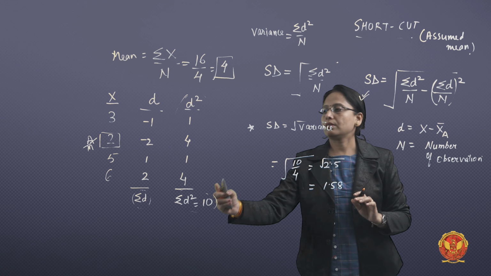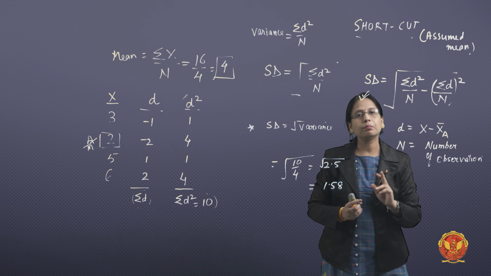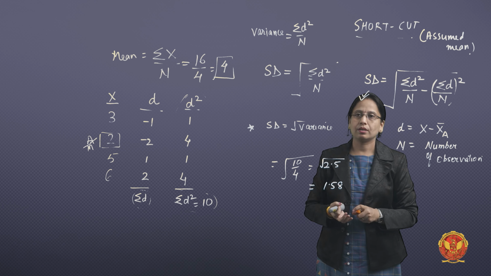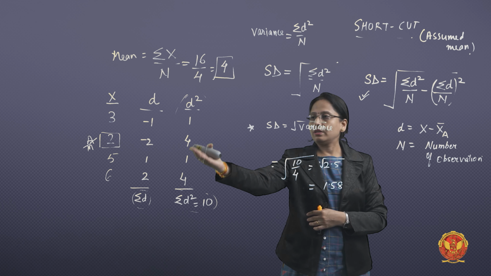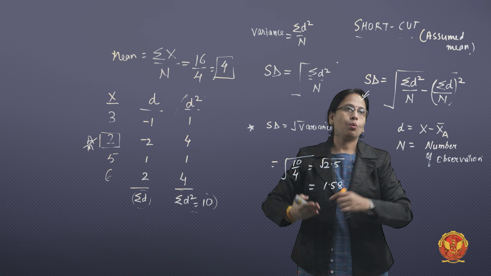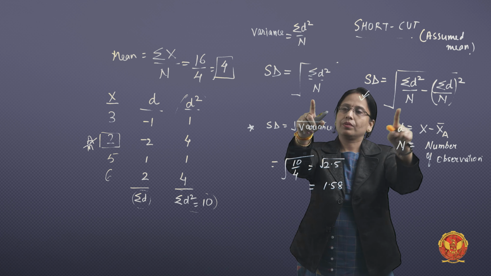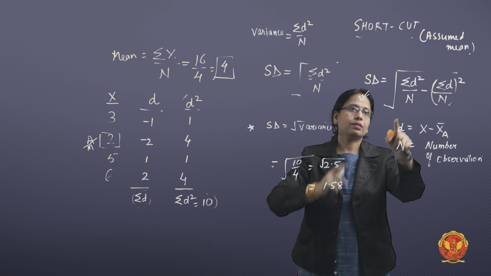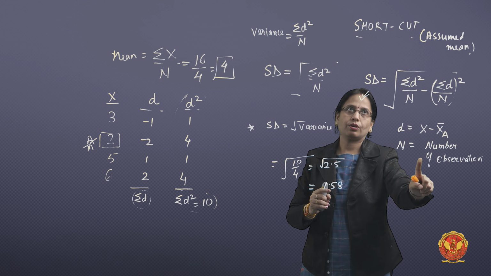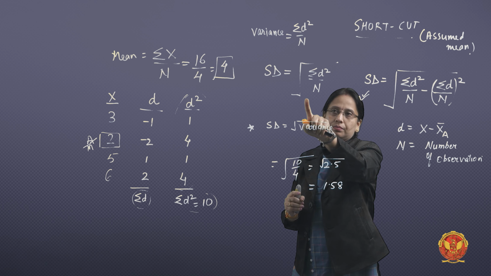Shortcut method, this is the actual mean method. Where is the shortcut method applied? When you get the mean in decimal form and you don't want to do any complex calculations. It's your choice. You can go for the direct method where the actual mean is used and this simple formula is there. Only one term is added in the case of the shortcut method. See, first term is the same. D is a difference from the actual mean. This D is a difference from the assumed mean. One extra term comes in the formula.